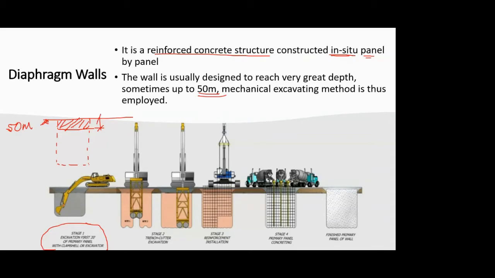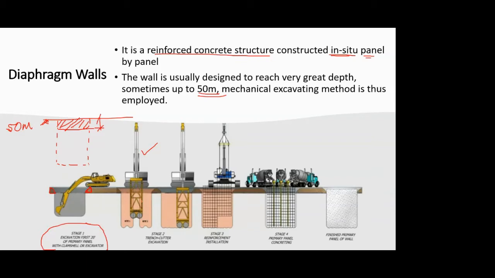Right. So after this, then you construct something called guide walls. Okay. So or before excavation also, before this stage 1 itself, you construct something called guide walls. We'll see in the subsequent slides what a guide wall is. For now, just understand that you prepare a guide wall, build a guide wall, then you excavate the initial depth. Okay. Then you deploy your machinery, whichever is supposed to excavate this soil for diaphragm wall. Okay, so this is the machinery.